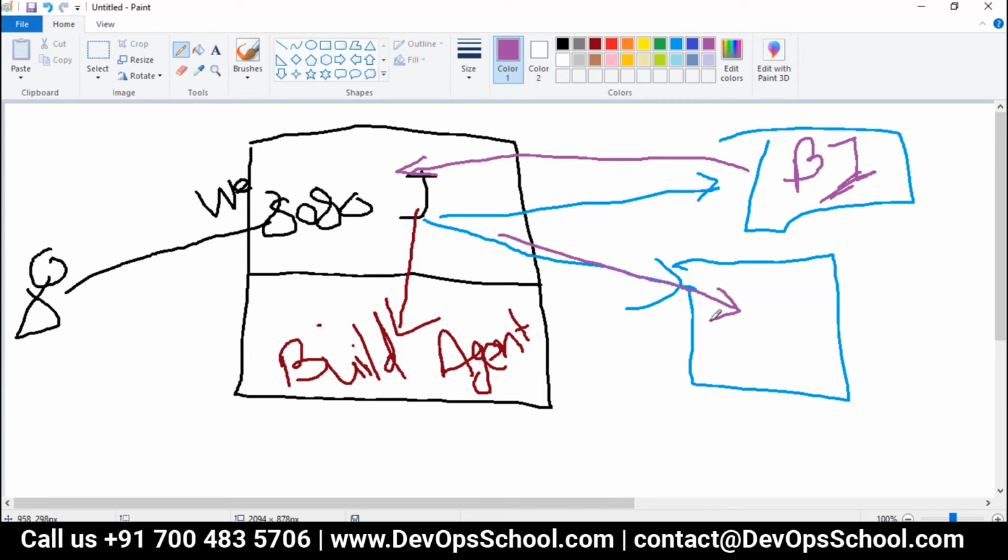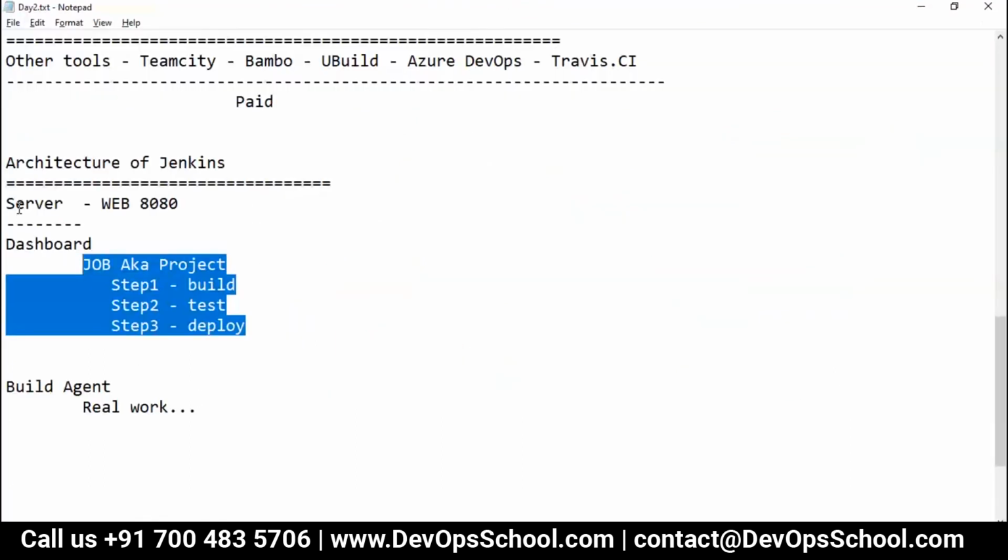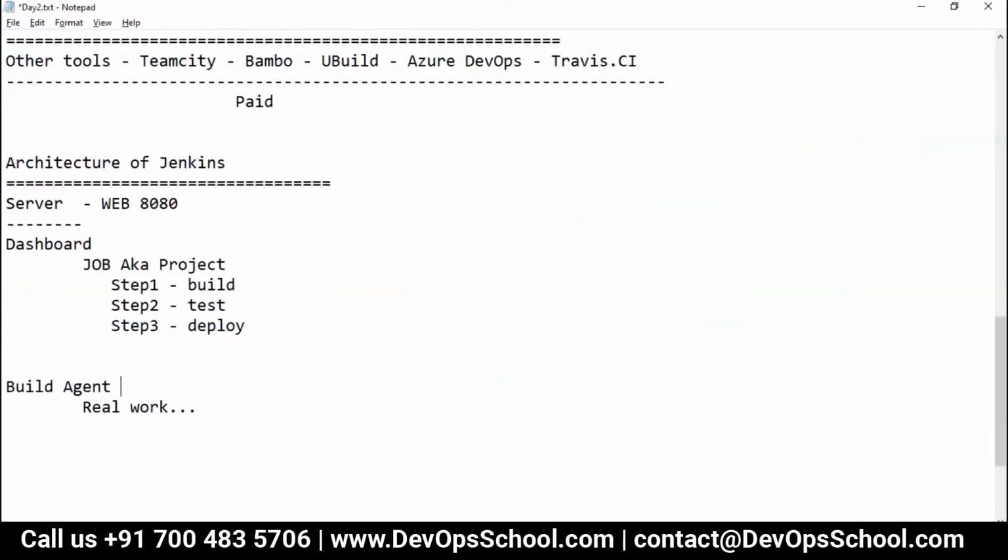So this is the architecture: a server, and a build agent, aka node, doing the real work.